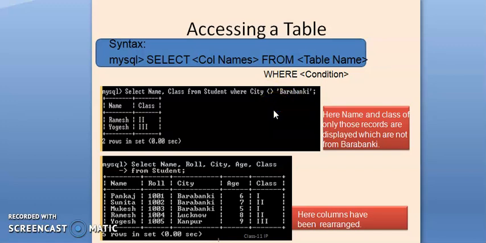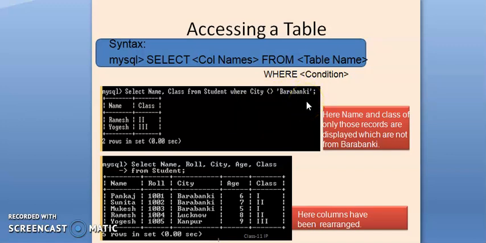The thing that is not greater and not less means it is equal. So city less than greater than Barabanki. Barabanki you have to write in single quotes, students.